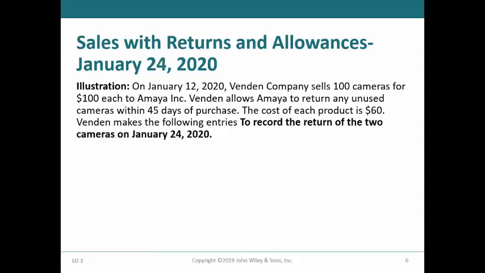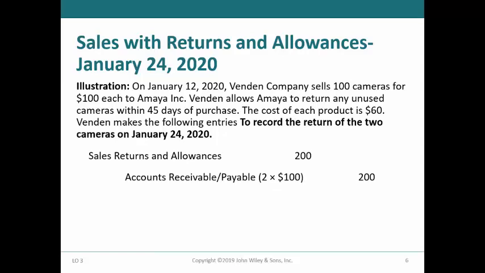On January 24th, when Amaya returns 2 of the cameras, Vendon would debit sales returns and allowances and credit either accounts receivable for a credit sale or accounts payable if cash was originally paid, for $200. Vendon would also debit returned inventory and credit cost of goods sold for $120. The account returned inventory is used so that the camera's value can be tested for possible impairment separate from the